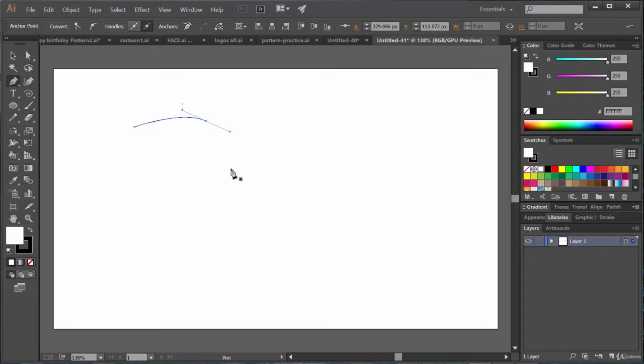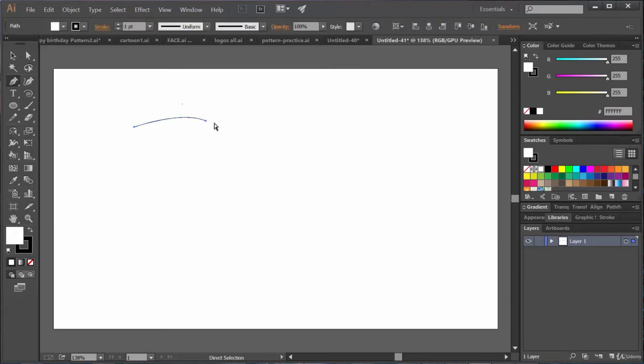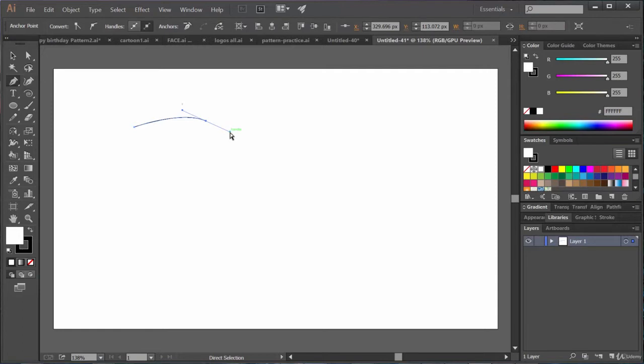Tip number two, while drawing, press the control key to make it the direct selection tool. And now you can control the handle. See, just like this.